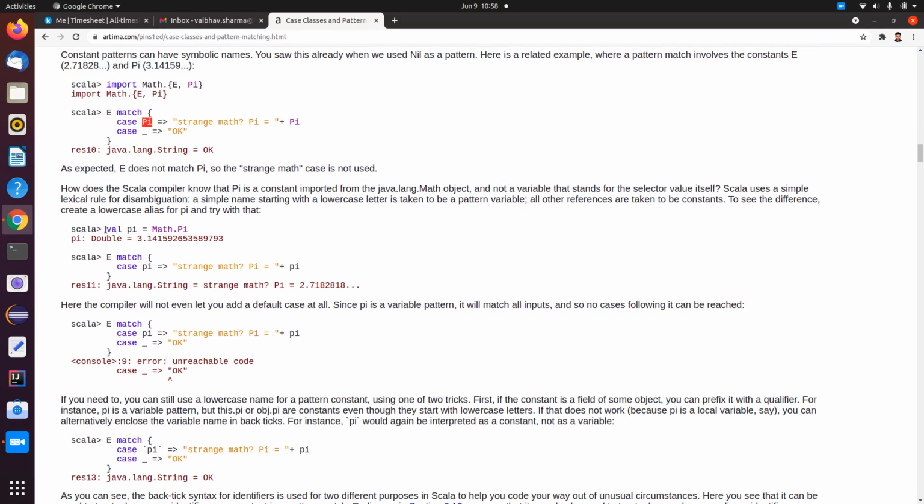You can say val pi is this, and then if we match it, we will get pi equal to 2.71, that is the value of exponential. You may be wondering why this time pi is giving this value.